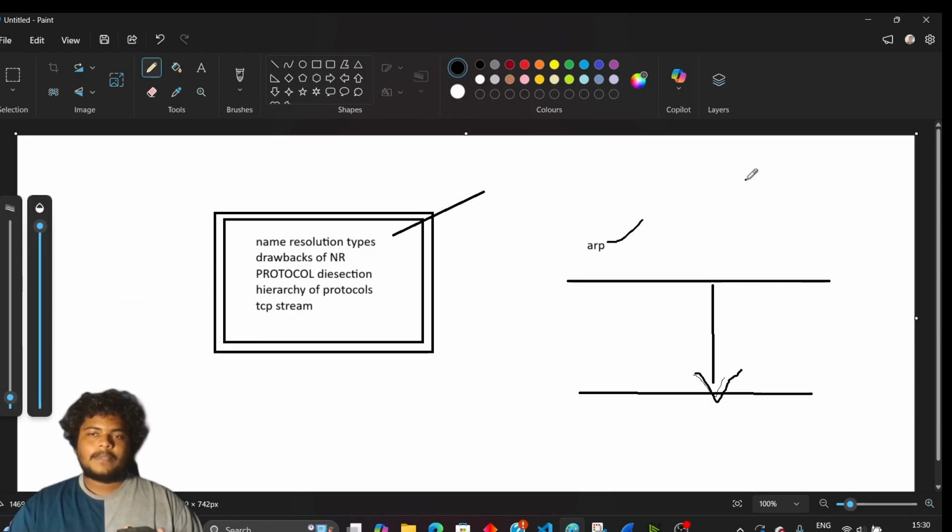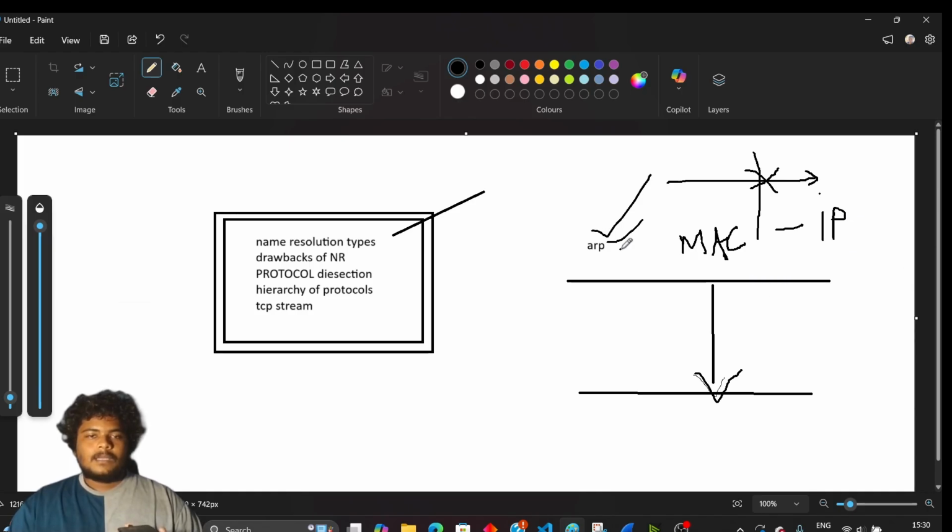If we use an IP address, we can have a firewall for the particular network, and the attacker might not be able to enter. The MAC address is permanent, but the IP can be changed, right? So basically, the ARP protocol was used to change MAC address to IP address, MAC to IP, and